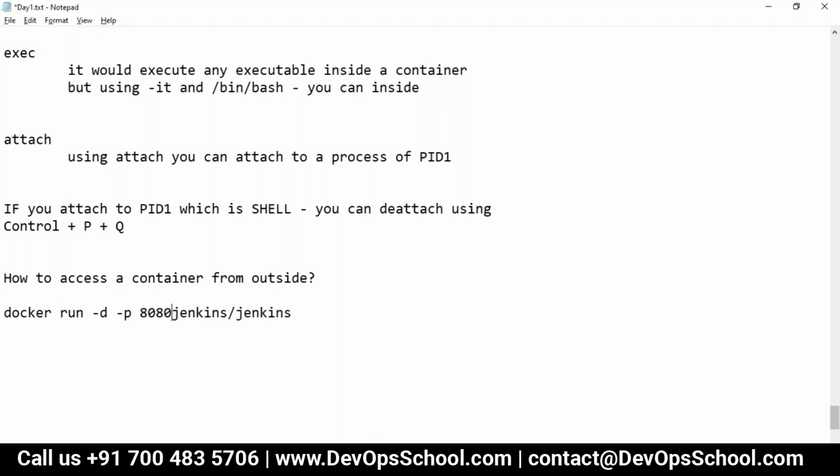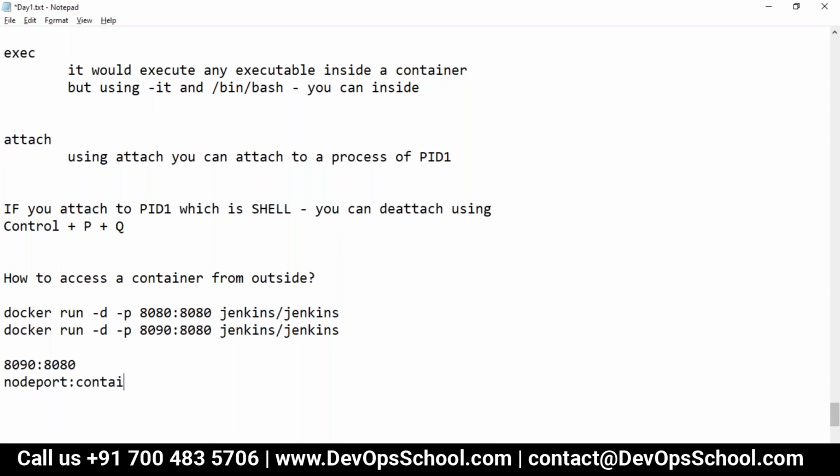And the container port is always static. So this is the node port, this is the container port. I must specify the node port on which the traffic will be coming, and the container port to which it will be redirected.